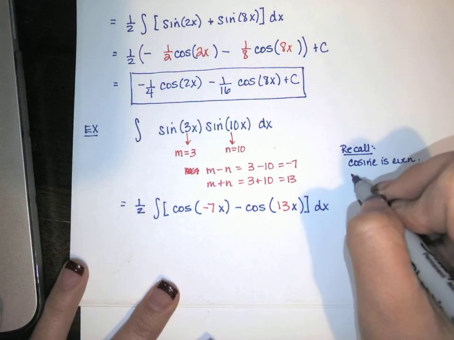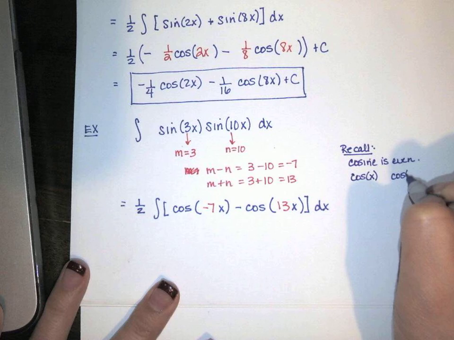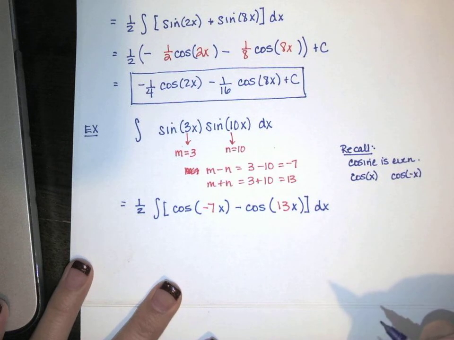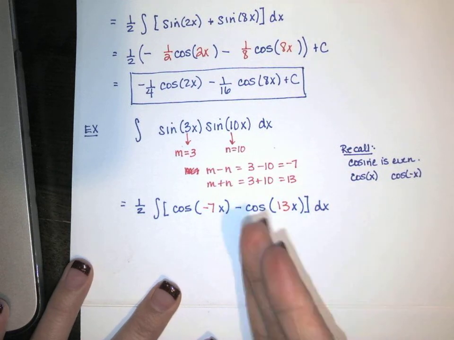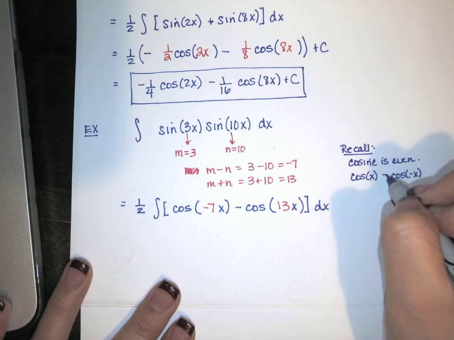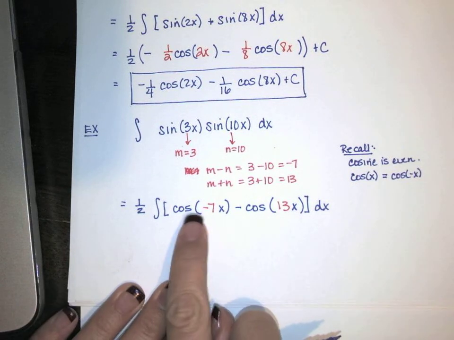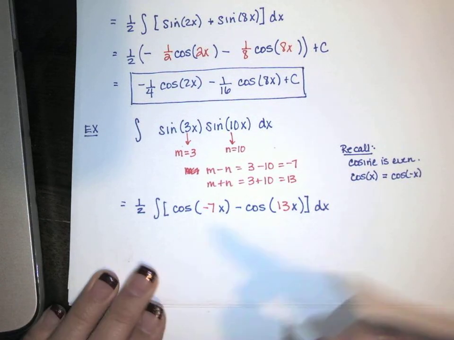And what that means is if I take cosine of x and I take cosine of -x, so I'm starting at the origin, I'm going x units to the right and x units to the left. I look at the y values. The y values are going to be exactly the same. That's true for every even function. So if I have a cosine of -7x, that's the same as cosine of 7x,